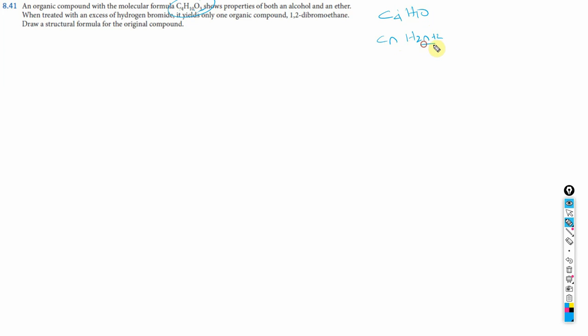CnH2n plus 2. Therefore the DBE for this molecule is going to be 0, because if you have 4 carbons, you should have 10 hydrogens, pretty much like butane. Therefore the oxygens here are not really causing any change in the DBE of this molecule, so this compound has no double bonds in it or no cyclic structures in it. That's the first thing. So an organic compound with molecular formula C4H10O3 shows properties of both alcohols and ether when